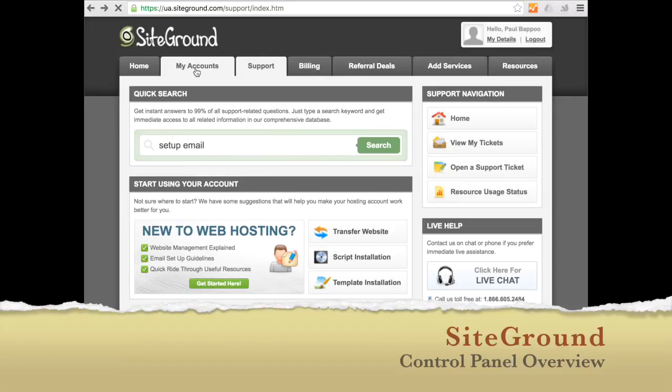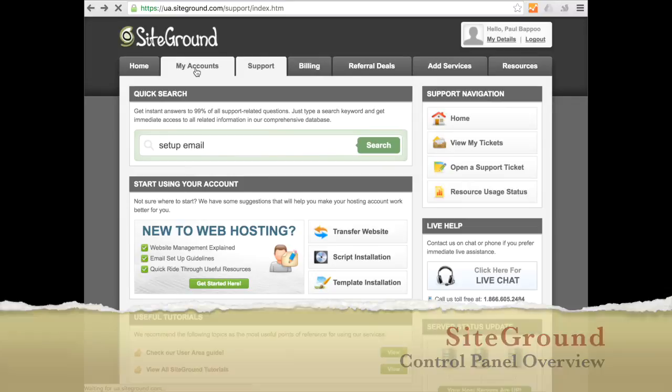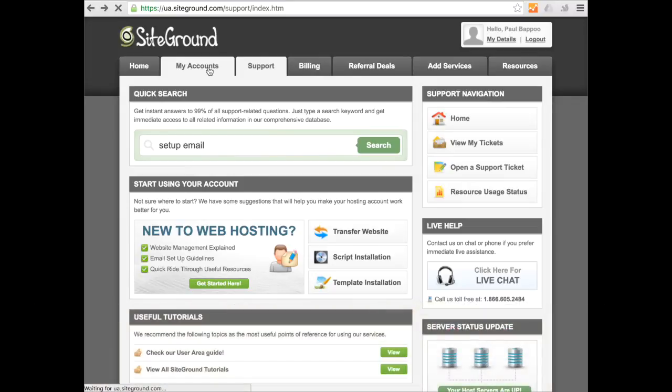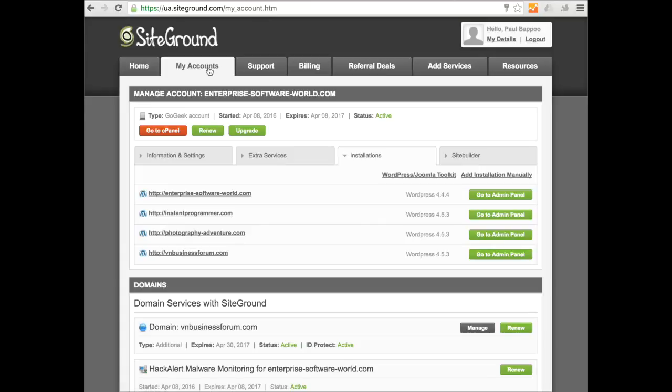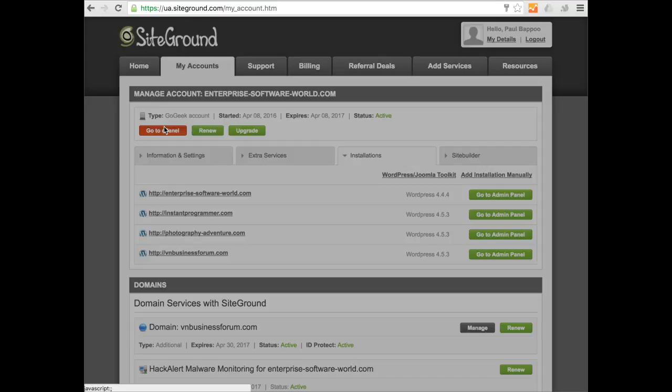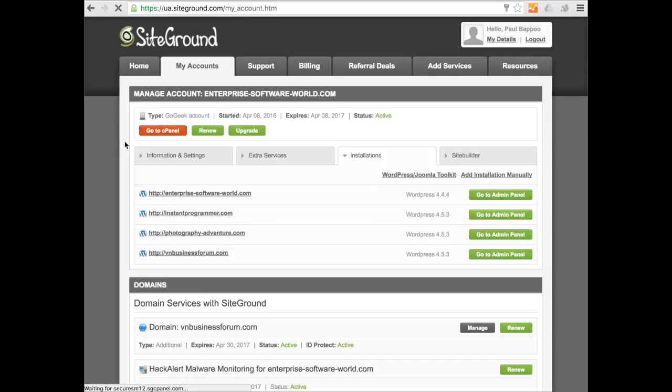So now you've got yourself logged into Siteground, come back to the My Accounts tab, and that's where we're going to start all of our main activity within the system when it comes to setting up and getting ready for the website. Click on the red Go to cPanel button, that means Control Panel. Click on that and you'll come through to this